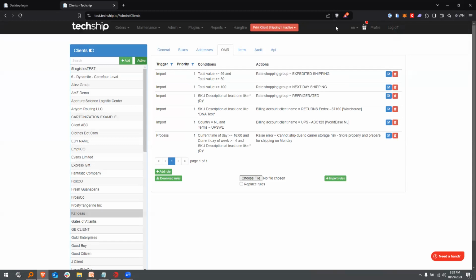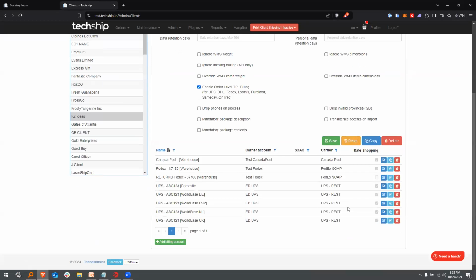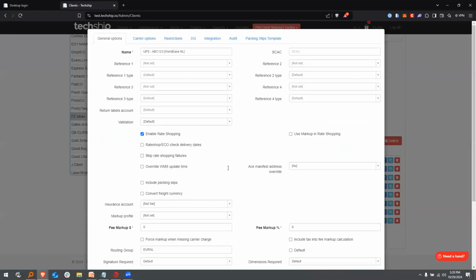So by doing it this way, whenever an order comes with the country code NL, and let's say that we have an additional field, could be anything here as well, that separates regular Netherlands orders from the WorldEase orders, we're telling the system you need to use this specific billing account profile. And this billing account profile is going to have what? It's going to have, well,